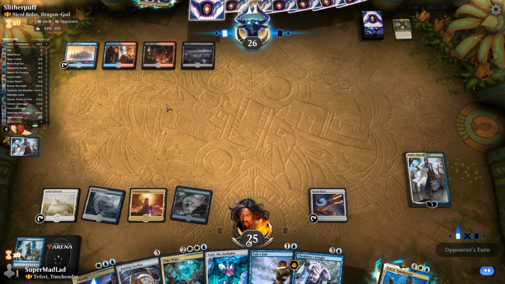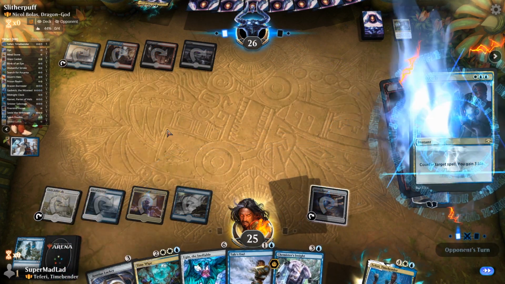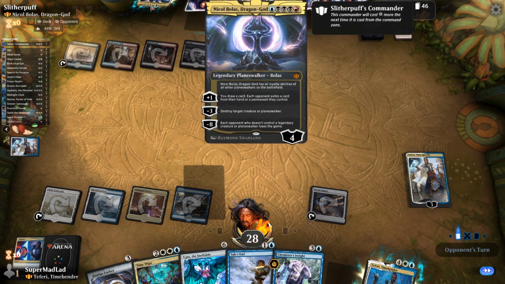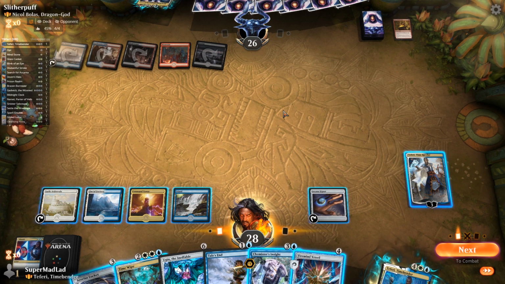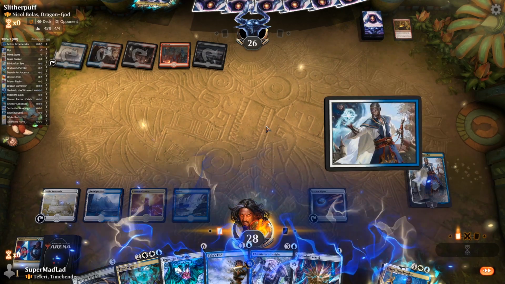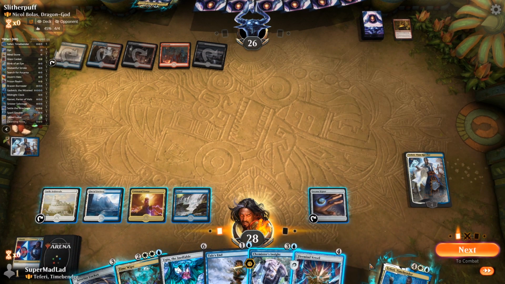Since they could actually have Nicol Bolas here. Fires of Invention, actually no. Fires somewhat gets around command attacks. It always removes the 5 off of Nicol Bolas, essentially, which means you only have to pay for the command attack side of things. Not great for us. I think it goes without saying. Alright. I've got it. Alright, so...